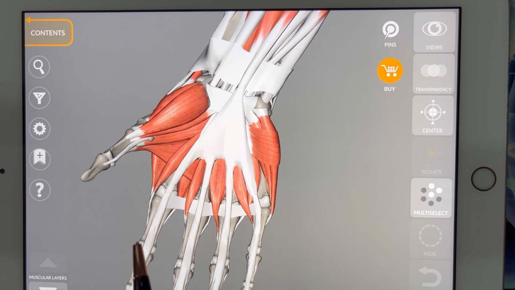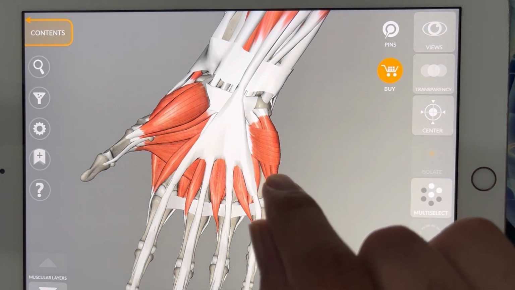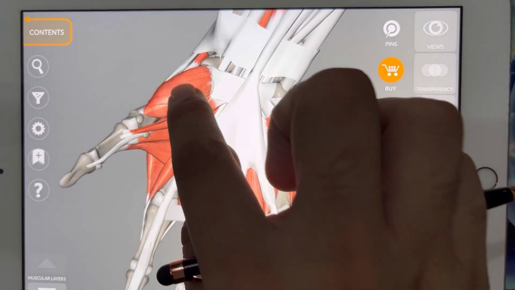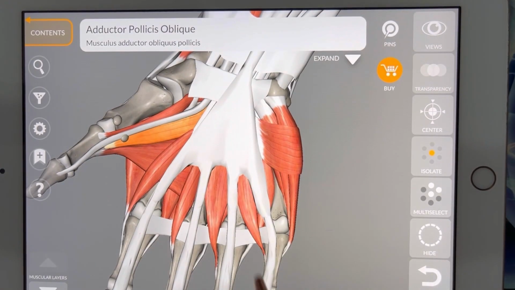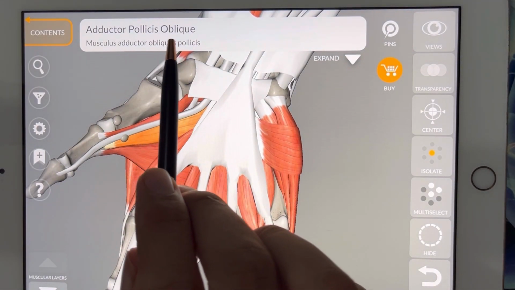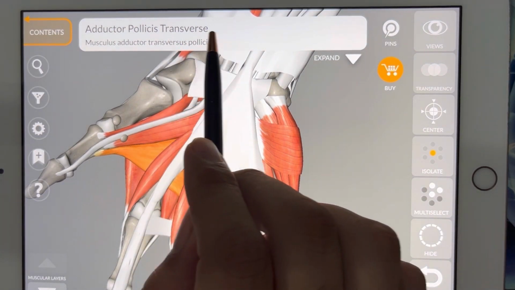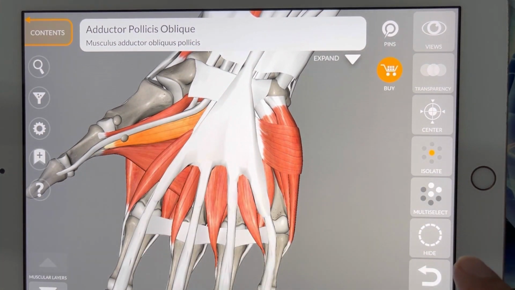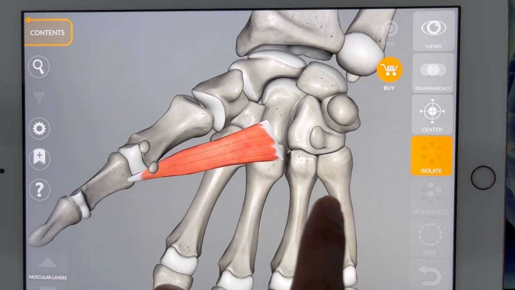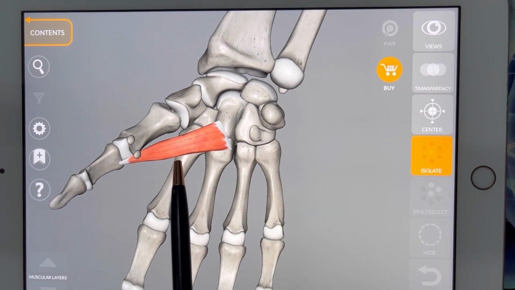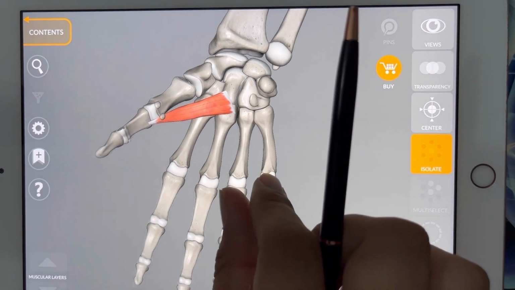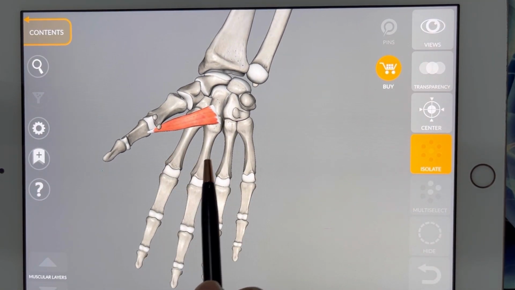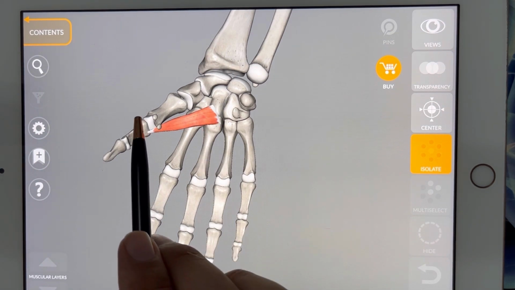Now student, the last muscle of the thenar compartment is the adductor pollicis muscle. So first we will remove the other 3 muscles. Now student, the adductor pollicis has 2 heads, the oblique head and the transverse head. This muscle is the oblique head. The adductor pollicis oblique head originates from the second and third metacarpal bones. This is the second metacarpal bone and this is the third metacarpal bone, and this inserts into the base of